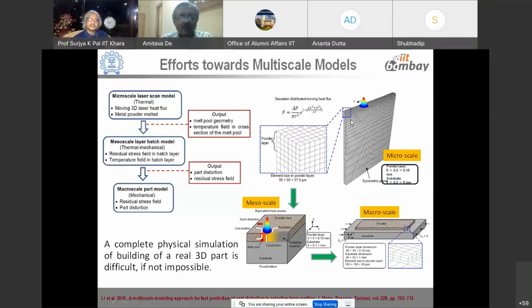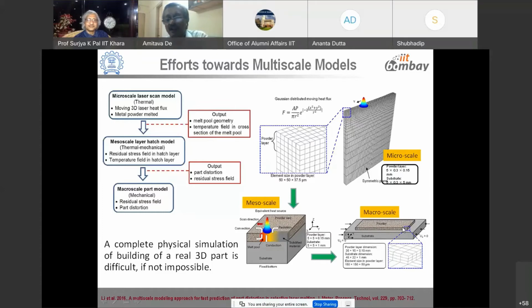where minute level modeling would not be done. At a higher scale, many of the local variations that we know here will not be known here. We would be looking at a slightly larger scale, and this scale model can calculate, for example, temperature and melt pool sizes. It can also calculate mechanical stresses, distortion, and so on. Going further, at a larger scale, even this granular level of results may not be possible. We go to a much higher scale, so each unit cell would be of higher size.